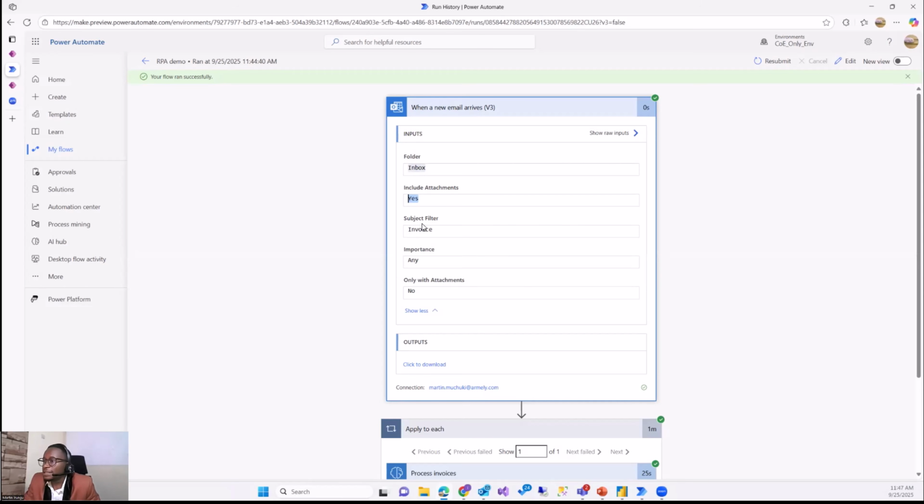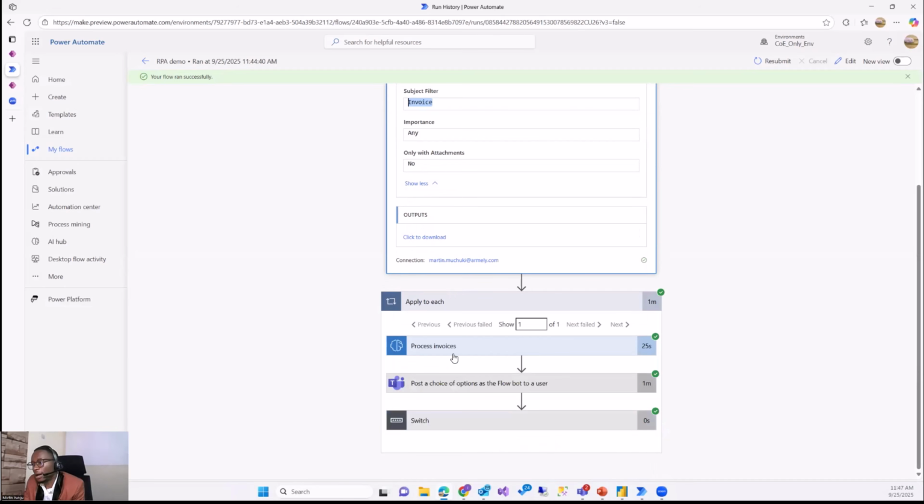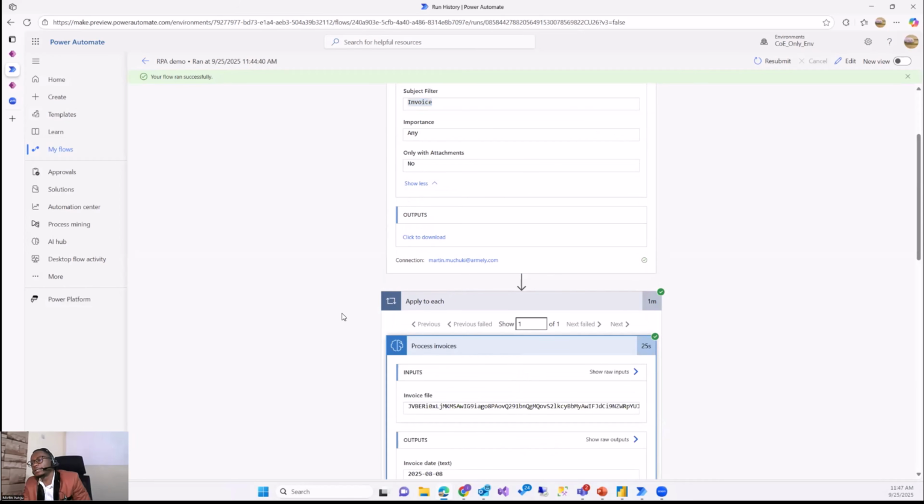So I've added this subject filter such that it will only process that email if it has an invoice as part of the subject. And then, so this is the smart one, this is the intelligent one.